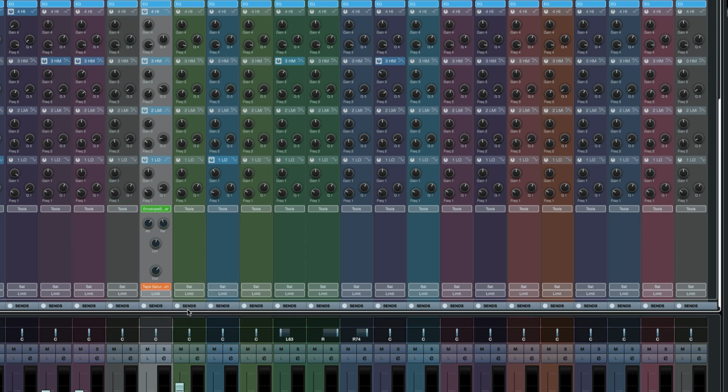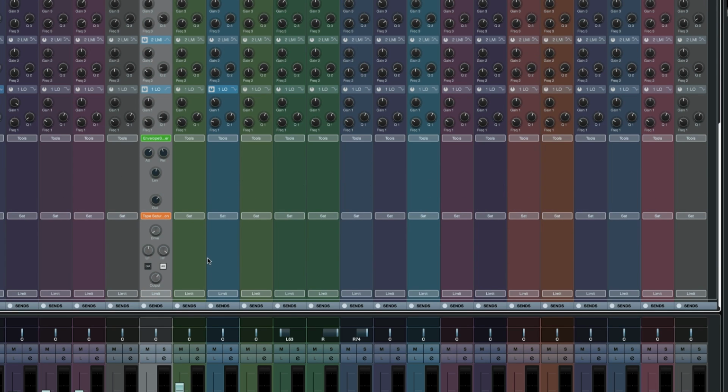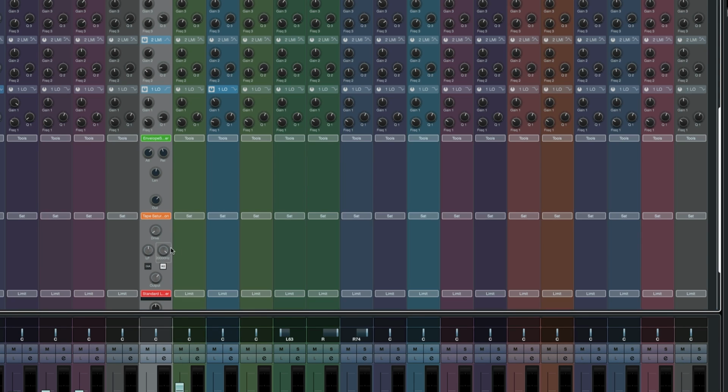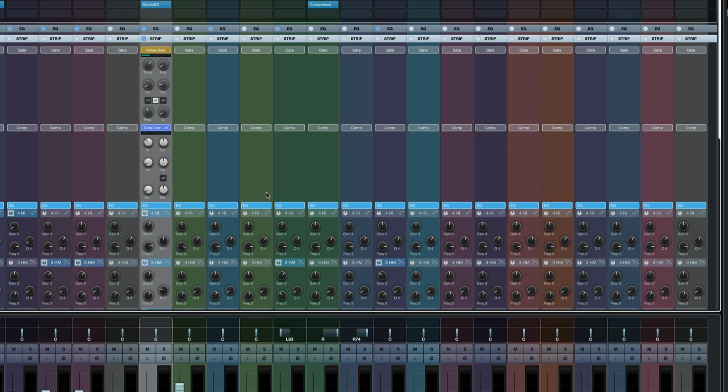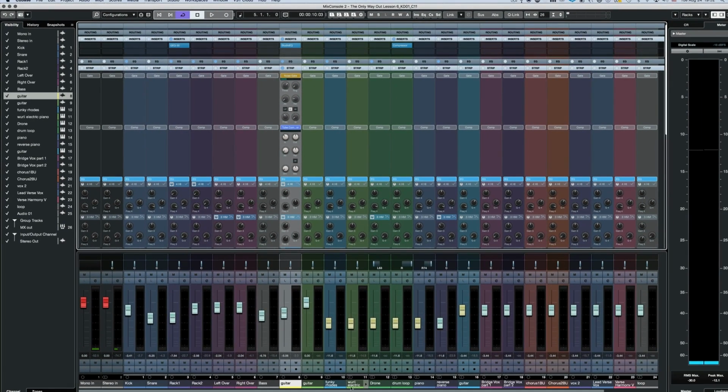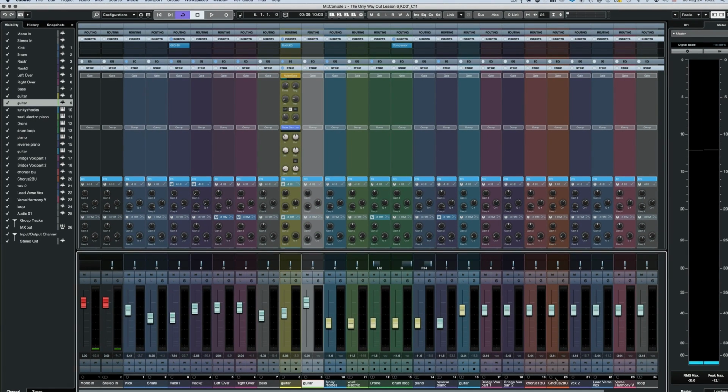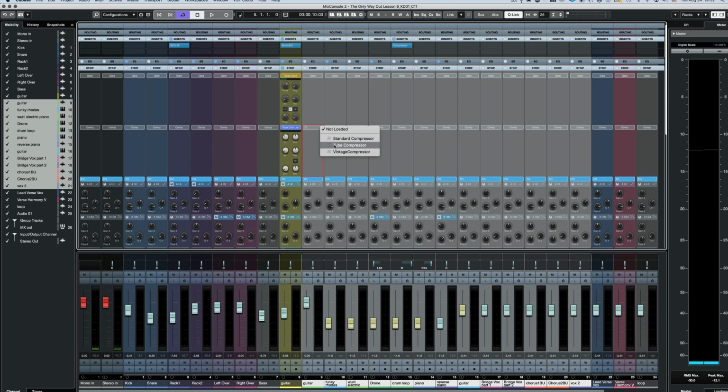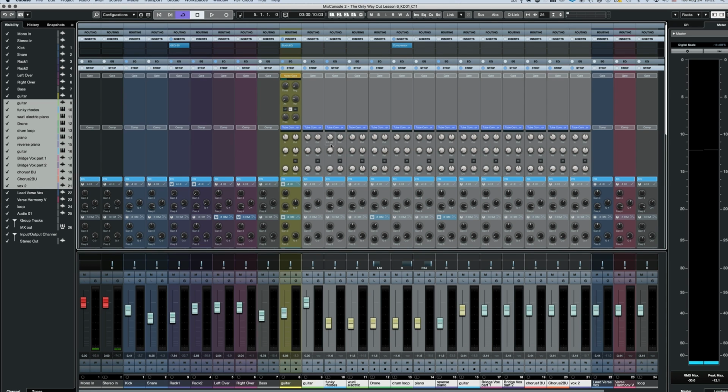You've got tape saturation if you want to add that to make it sound more vintage. And of course, you've got some limiters, some maximizers, a brick wall limiter, a standard limiter, all addressable for absolutely every single track. So let me show you how easy and sleek this is. If I wanted to add a bunch of compressors on here, boom, done in one go. I've now added almost 10 compressors, and as you can see, my CPU usage did not go up very much. So it's very, very optimized.